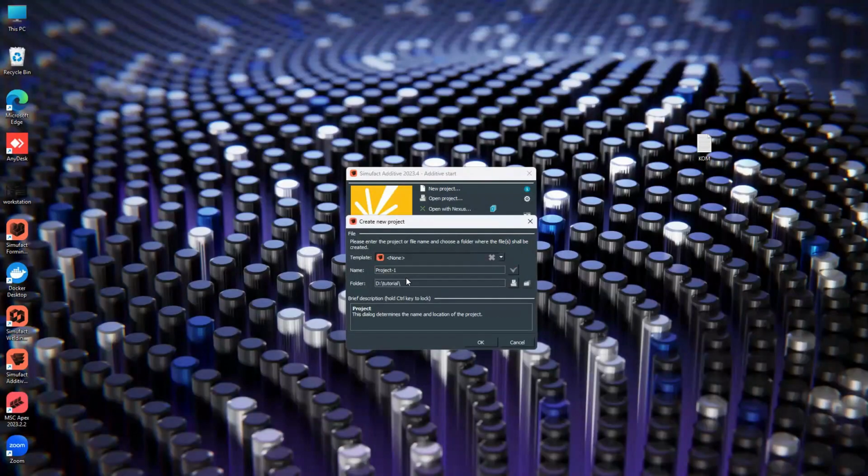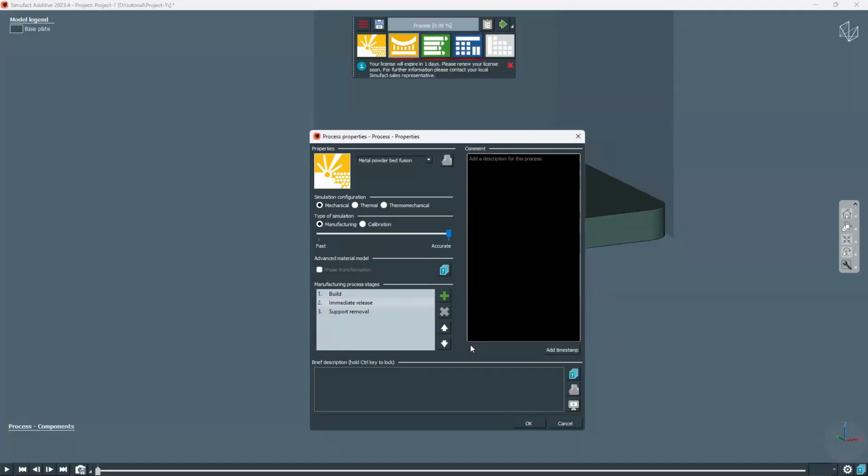So in a new project, you can give a name for the project and then the folder name. Same folder we were working in yesterday. Then once you click OK, you will get this particular screen, which is inside the additive window. There, you can set your simulation configuration, let it be mechanical, types of simulation, manufacturing, and then